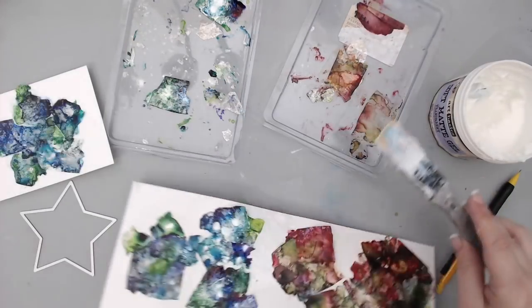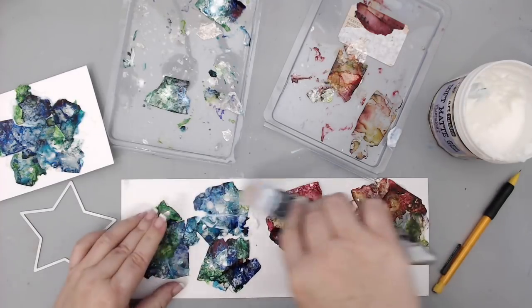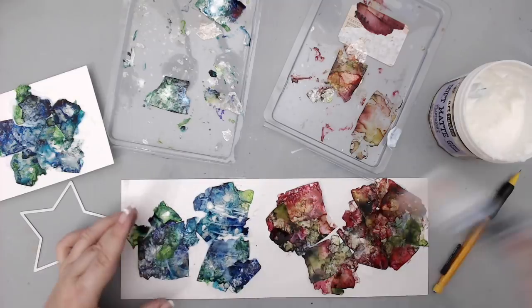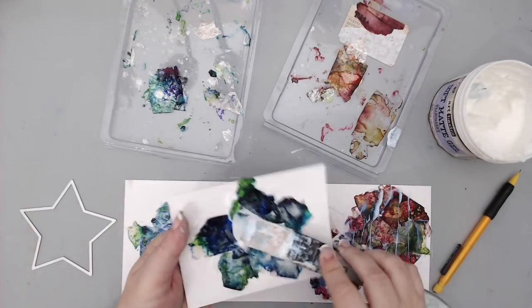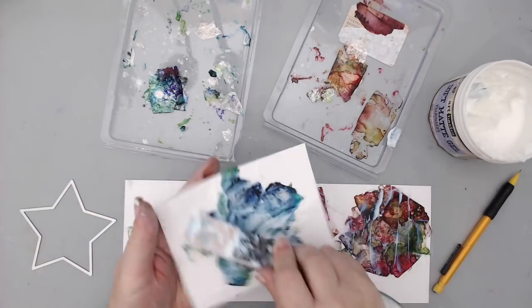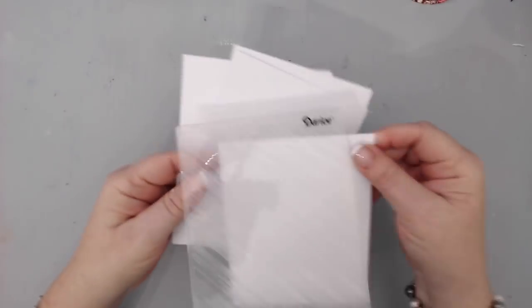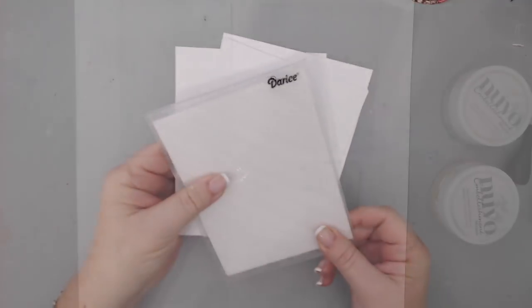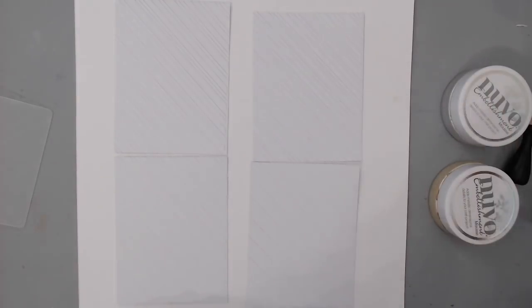It's really important to make sure that the pieces are glued really well together, and then you should also add some of the gel on top to make sure that everything seals into place. That will help when you're running the die through the machine to make sure that none of the pieces come apart. I also cut out 4 pieces of cardstock, which I ran through an embossing folder to create these beautiful